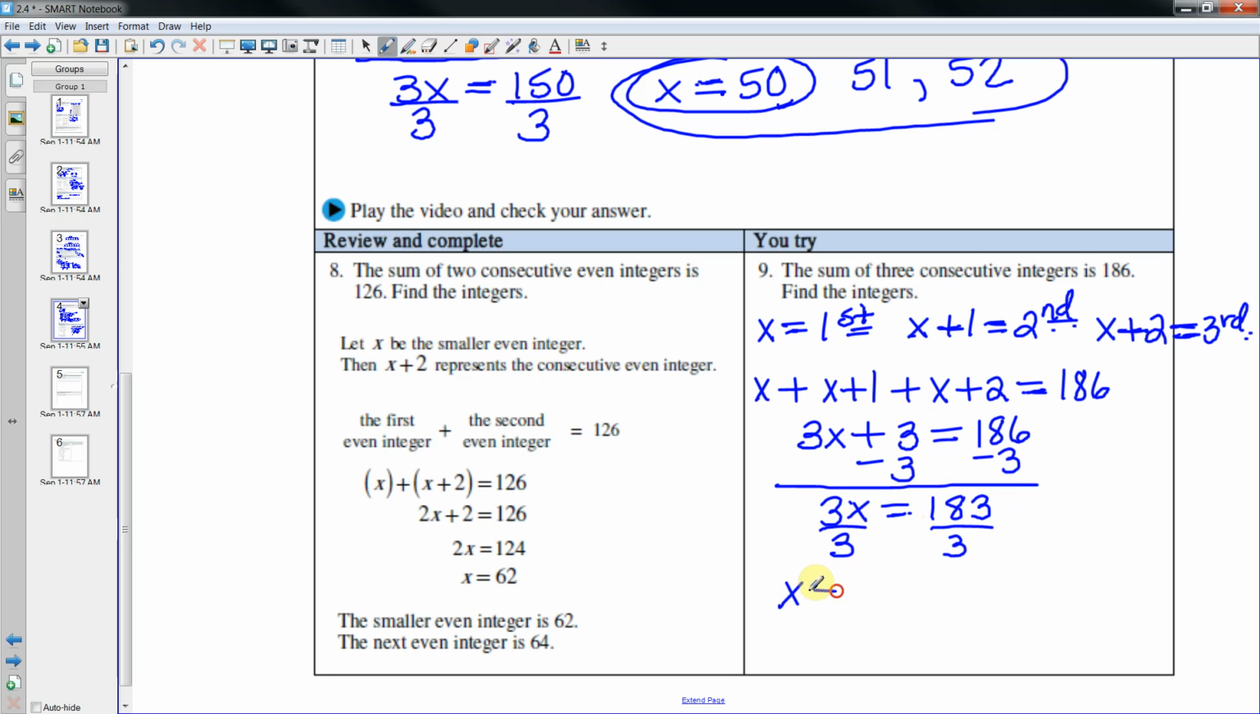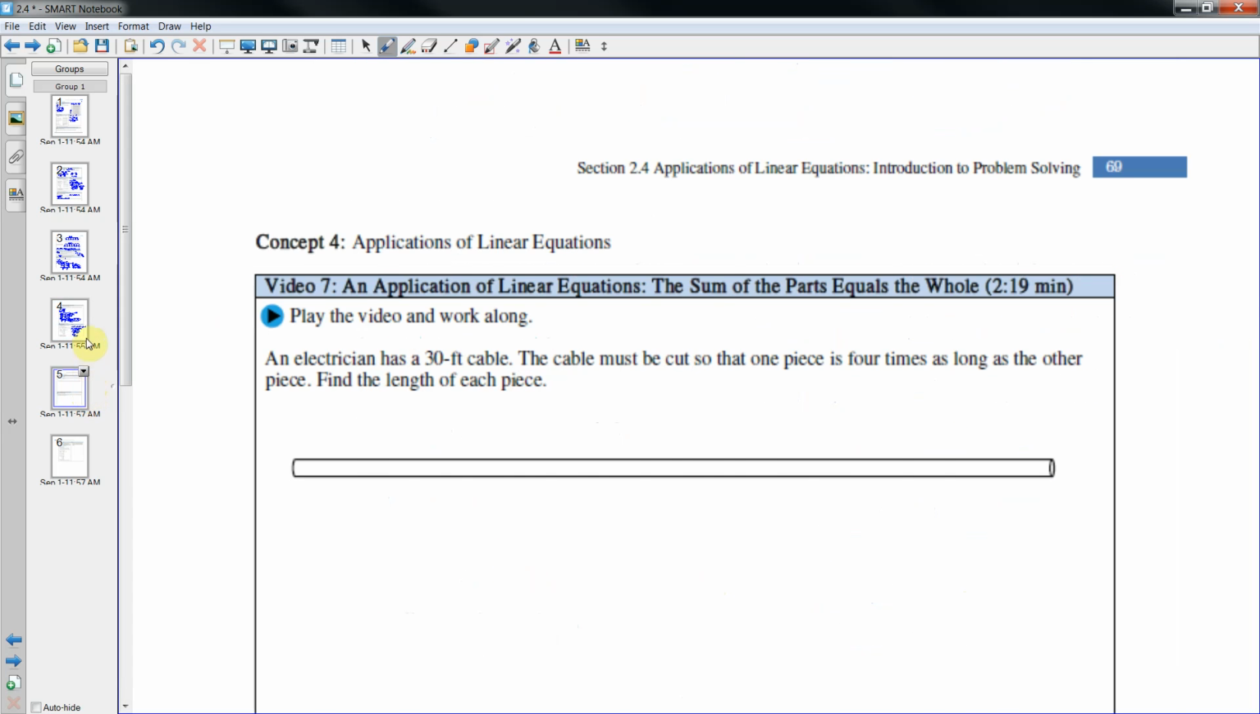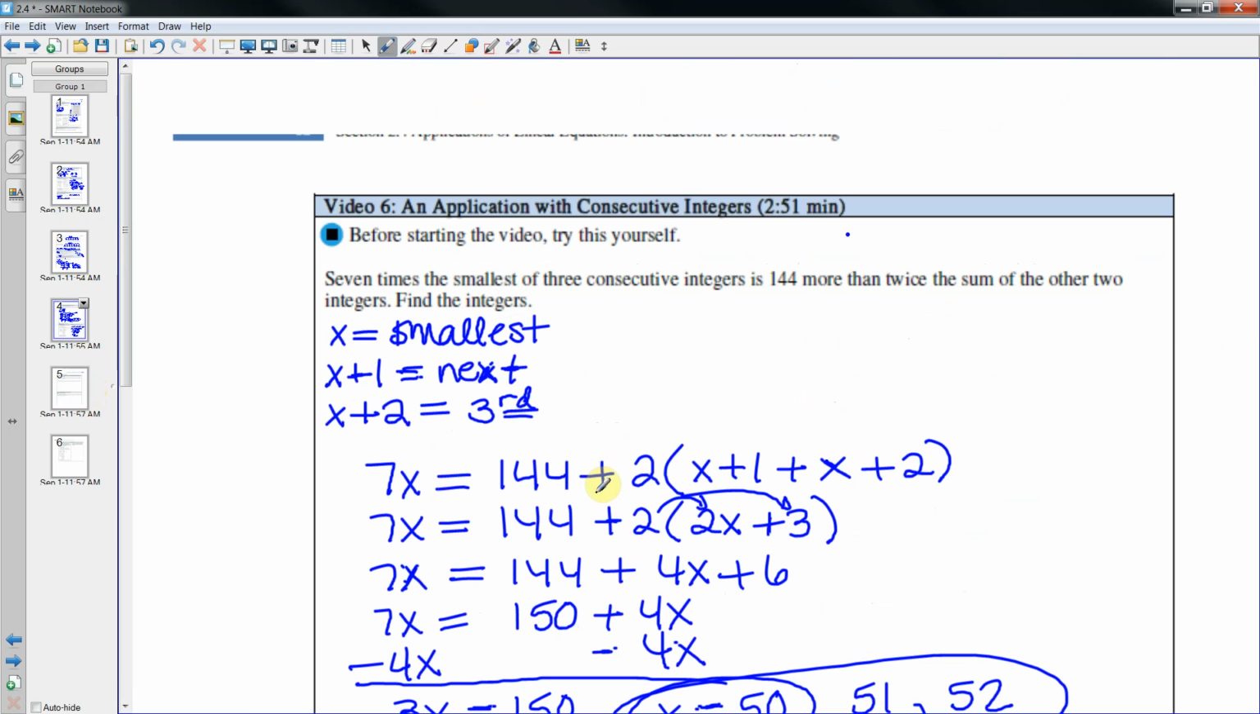So my first number, 183 divided by 3, is 61. So then the other two would be 62 and 63. You can add those up and make sure they equal up to 186. So there's consecutive integers. Now, I did not do a consecutive even or odd, but if I did, I would set it up as,